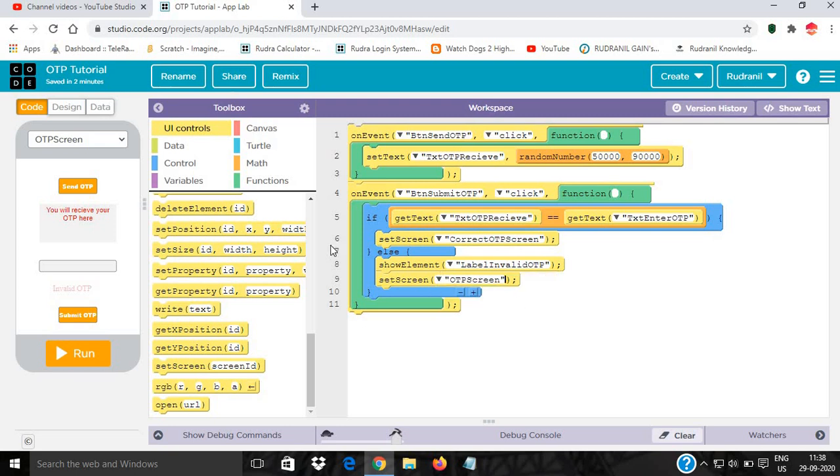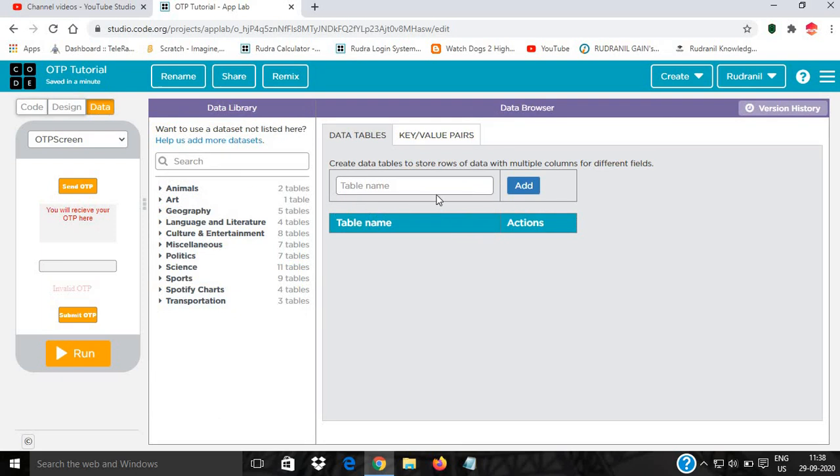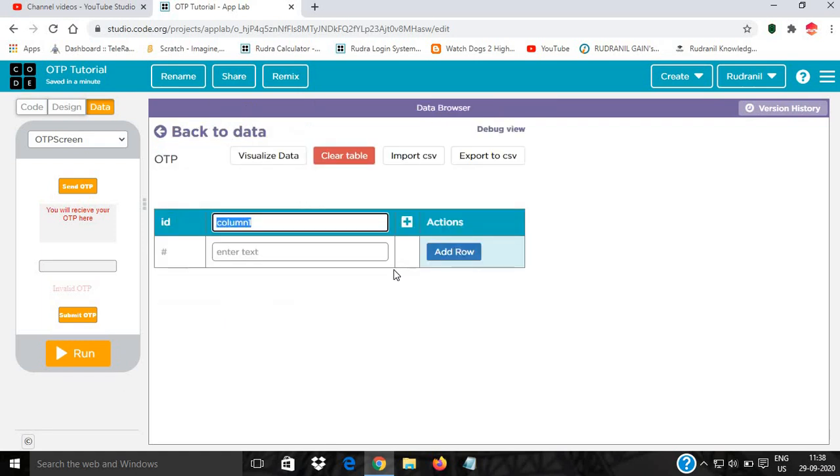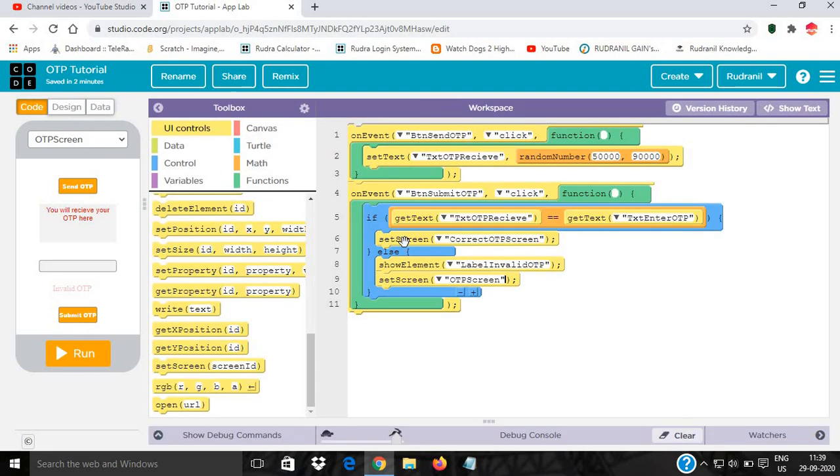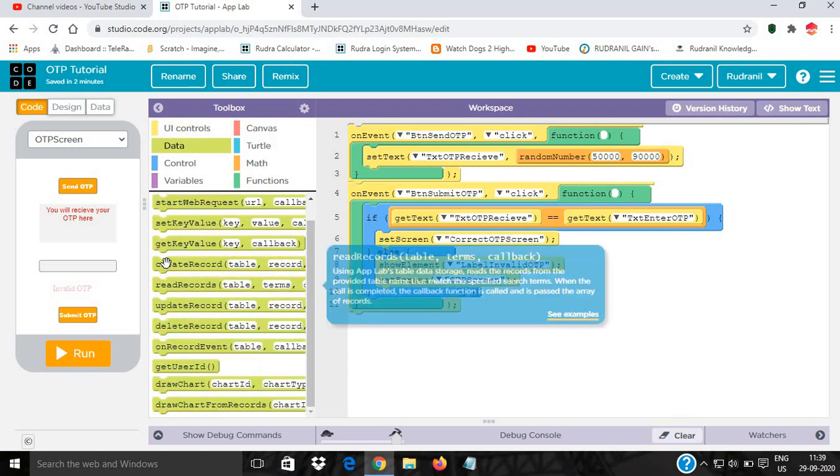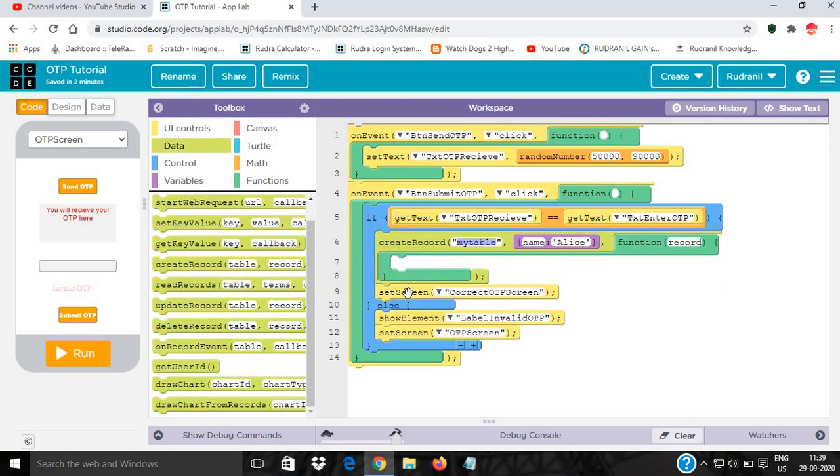And if you want to save the OTP that you entered in the data, you can give a table name OTP, then add. The column you can give OTP. Now in the code, if get text is equal to get text, then go to the data, create record, and now you can keep the set screen in here.